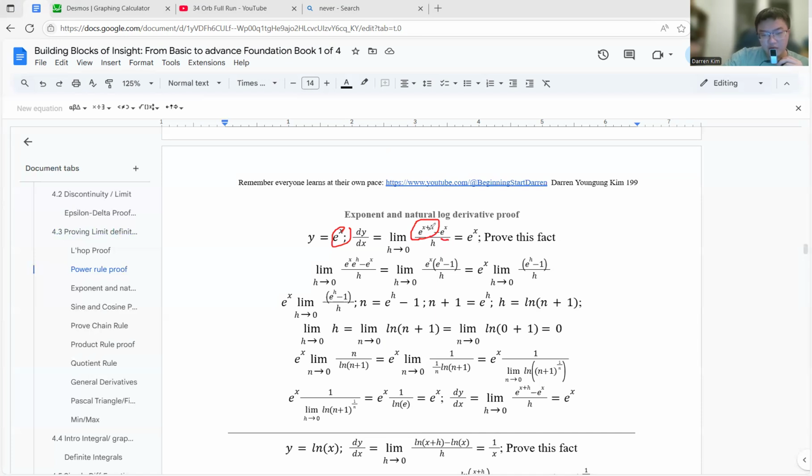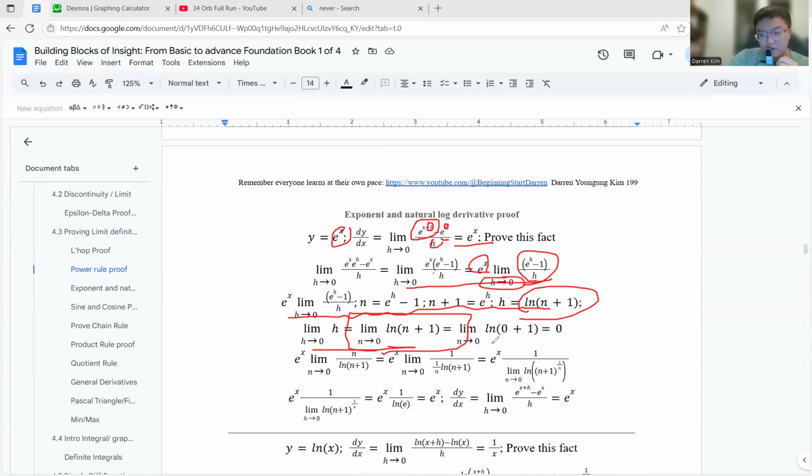Over here is plus h, and then this x, and then h. We get e^x. That's what we want. So what do I have to do? We simplify first, and we move the e^x out because the h is the only one that's actually active. Then we do a little bit of algebra and a bunch of other things to get this. So we can actually get this as our starting base, because of all the algebra we did. Then we realize that this equals 0 because this is 1, and that allows us this step, and you finally get this format, which we know equals 1 from our experience